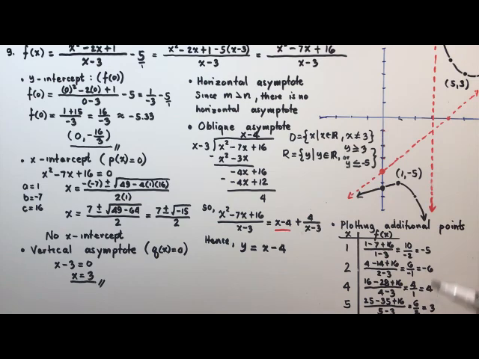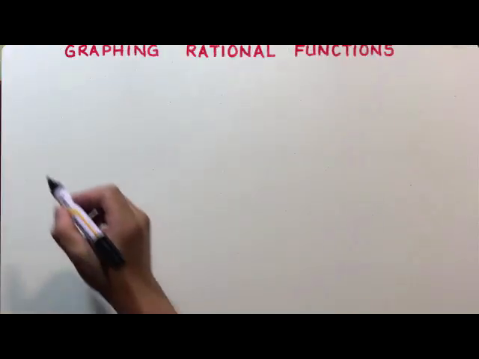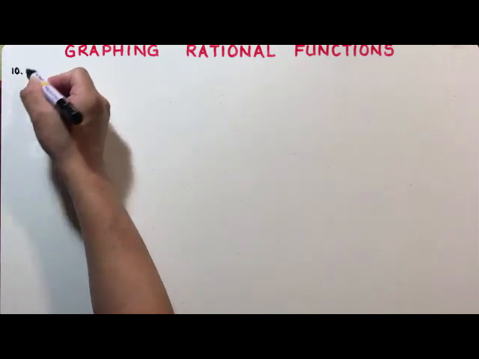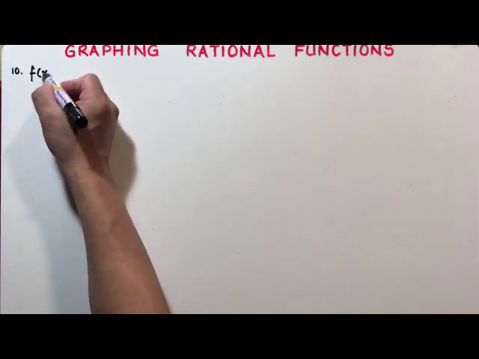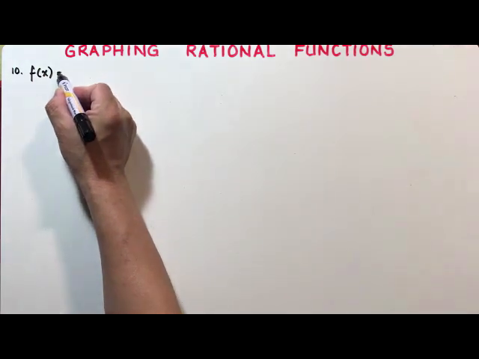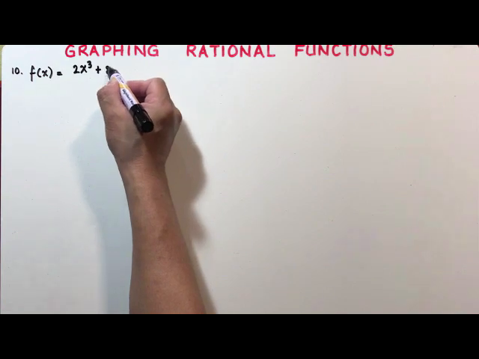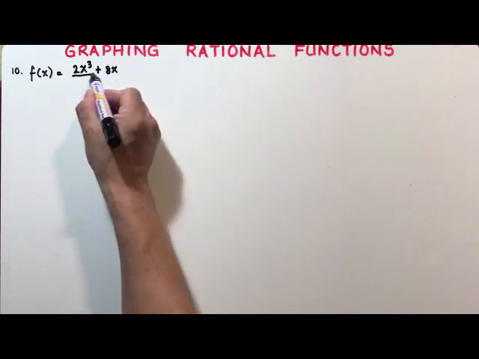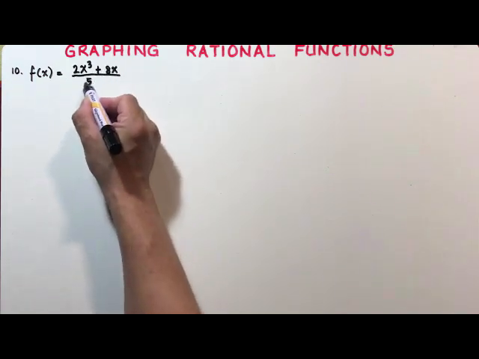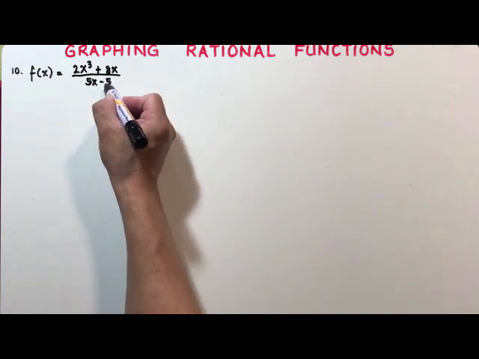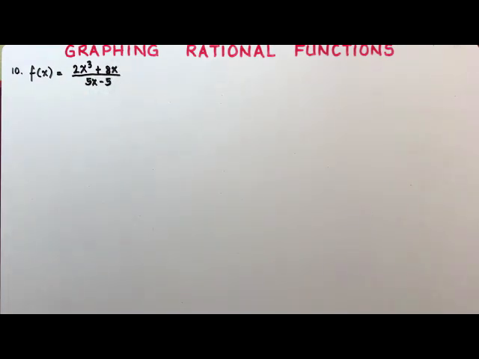So which means that the function cannot be found when y is below 3 and greater than -5. So let's proceed to our last example here. What is the graph of the function f of x, which is equal to 2x cubed plus 8x divided by 5x minus 5? Now, using the guidelines that I have presented in the previous video, we need to check whether